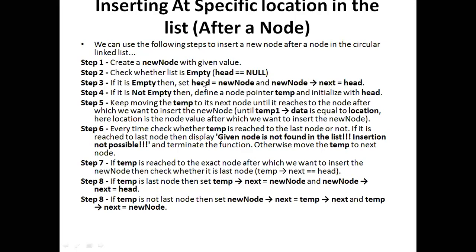So new node you have to store in head, and new node's next equal to head again, because I told you it is self. Am I correct, guys? Ma'am, why here is new node's next not equal to null? Because it is not null, because it is a circular linked list. I have only one node, so the next pointer will point to the same node. Clear, guys? So now at least you can understand the algorithm. From linked list onwards I was keeping on telling about algorithms. Are you familiar with algorithms now? You can write your own algorithm if I give any question. You have to practice, that's all.